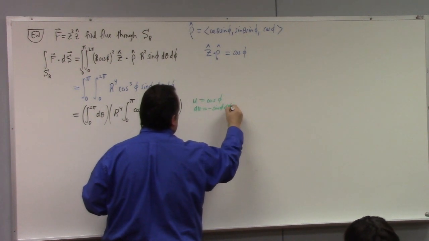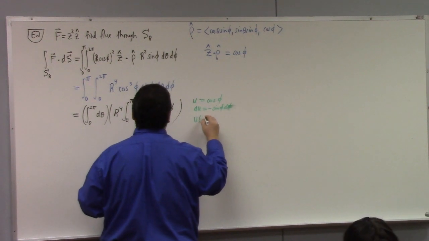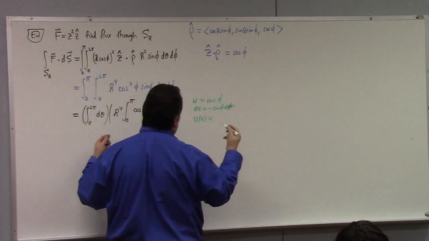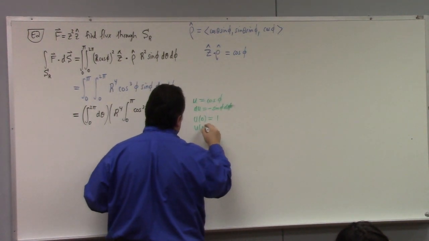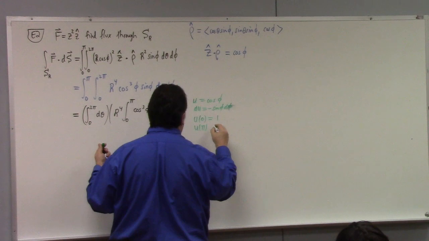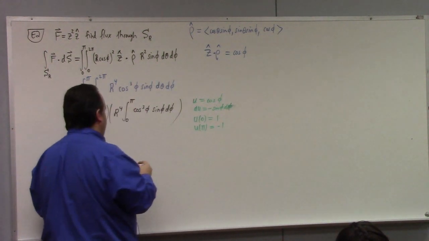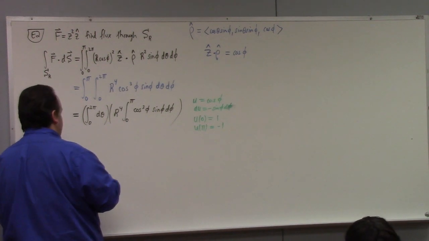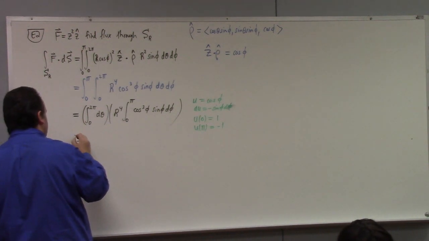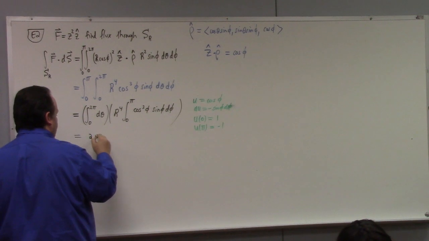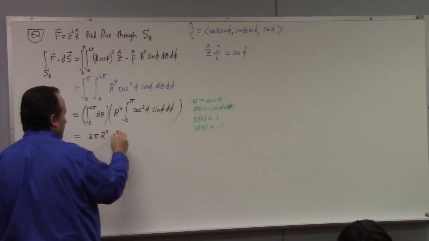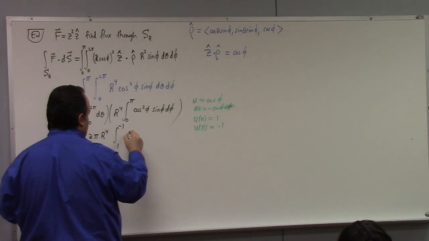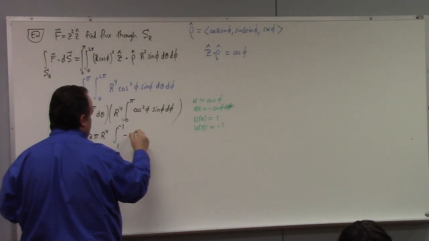And there's a kind of funny thing that happens with this substitution. What's u of 0? Oh, it's not that funny. I was hoping it would be funny. It's not funny at all. It is what it is. u of 0 is 1. u of pi is minus 1. You're like, wow, you're actually changing the bounds? Yeah, fine, I'm actually changing the bounds. You happy? So we got 2 pi r to the 4th, integral from 1 to minus 1 of minus u cubed